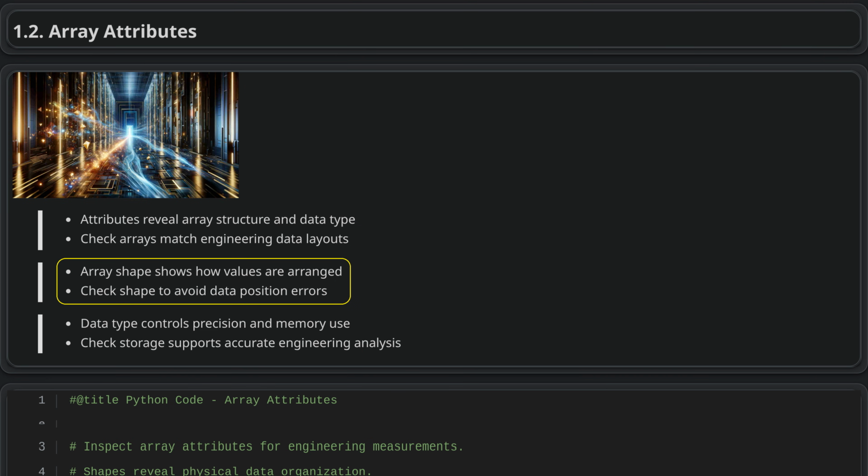A NumPy array's shape tells you how its data is organized, such as a line, table, or stack of grids. This matters because a value's position can define its meaning. For example, when rows represent monitoring stations and columns represent variables. Checking the shape helps confirm that data was imported or reshaped correctly and prevents mistakes like mixing up time steps